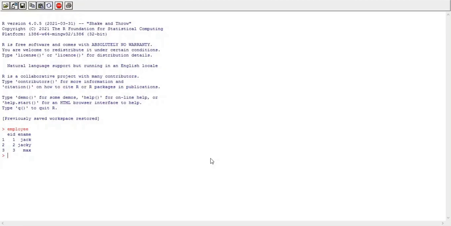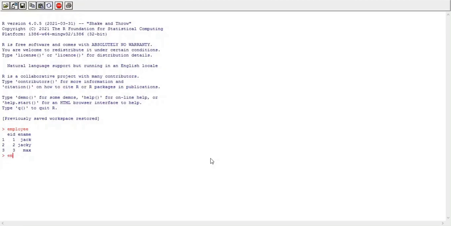That is, we know that all the components in a data frame must be of equal length. Means in this case my data frame consists of 2 columns. So while inserting a new row, I need to specify values for all the columns present in the data frame. That is here, while inserting a new row, I need to specify a value for employee ID and employee name. I cannot skip any of the values for the components.